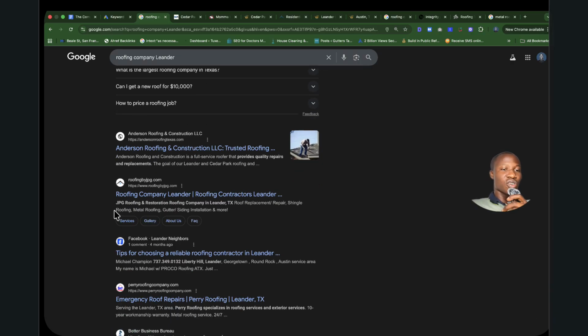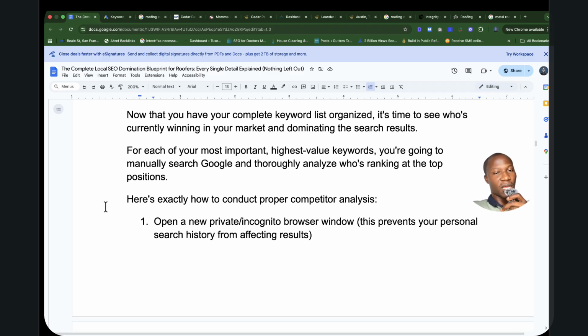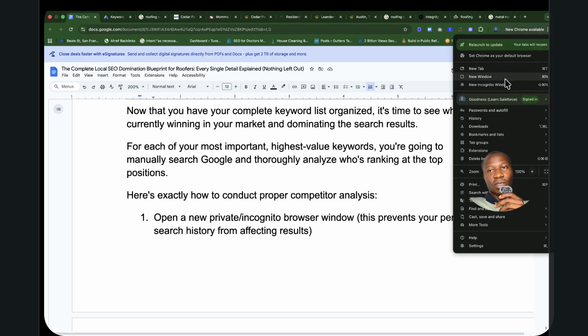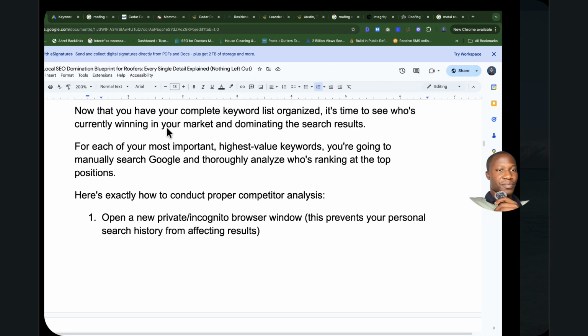So you want to ensure that you do all of your competitor research so that you know exactly what is making them rank, how are they positioning their website, how is the website looking. You might want to open that in an incognito browser. Basically, you come here, you choose new incognito window, and you search all of that right here on this window.